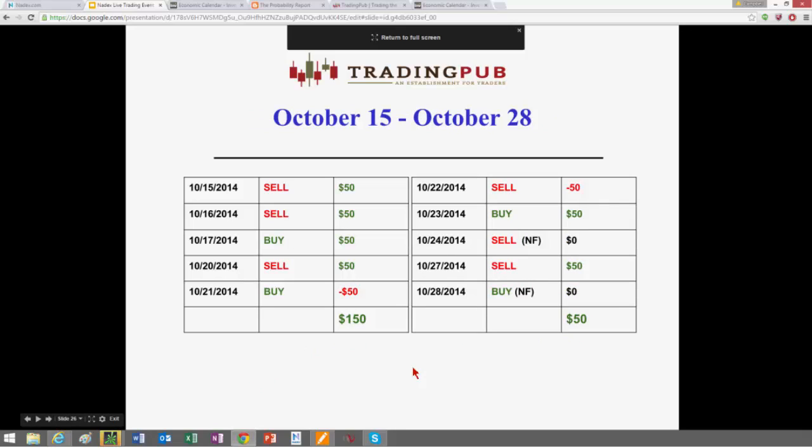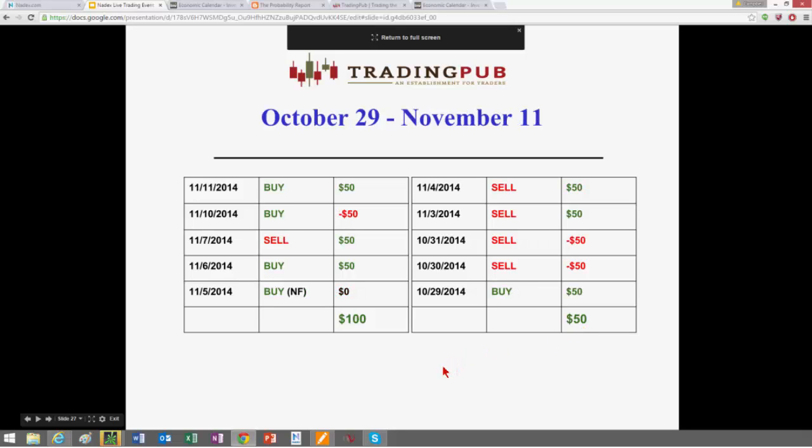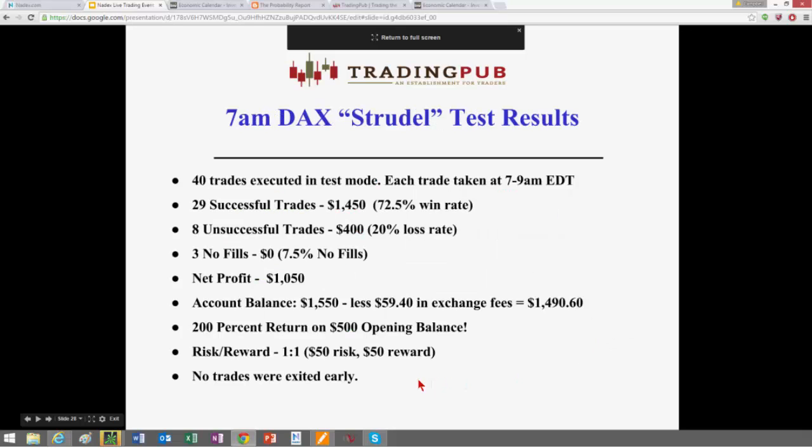The following 10 days, I had 2 days that were no fills, and I had 2 losses and 6 wins, picking up a net of 200. And then finally, I had 1 no fill, 3 losses, and the balance wins for 100 for 200. The net result was, after 40 trades in demo,